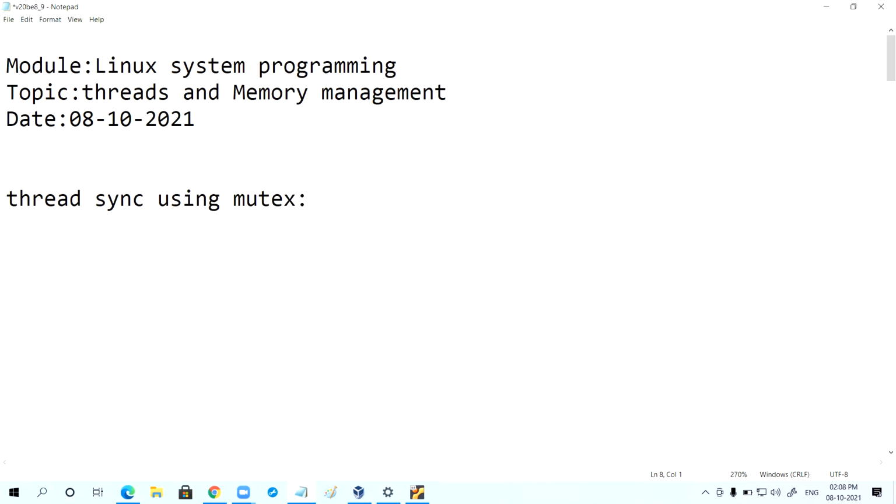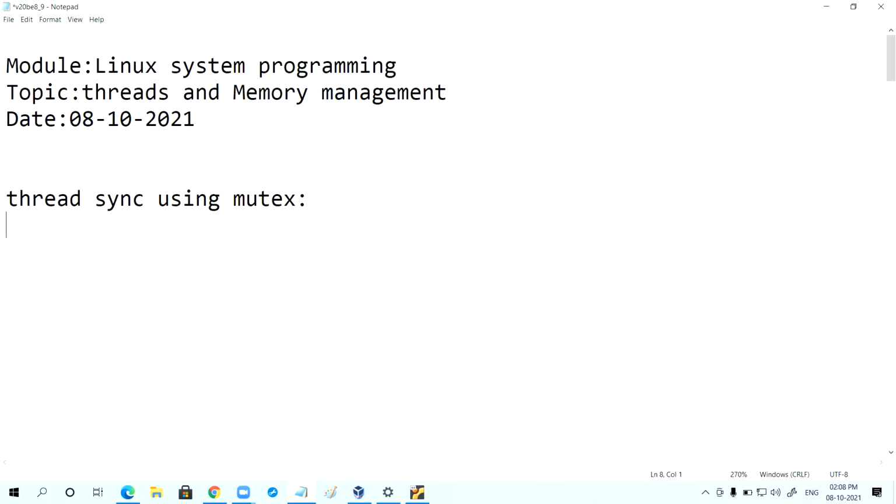Can anybody tell me why we need synchronization between the threads?